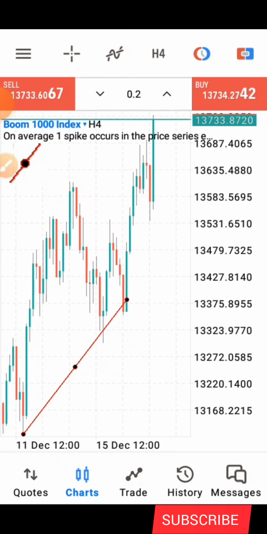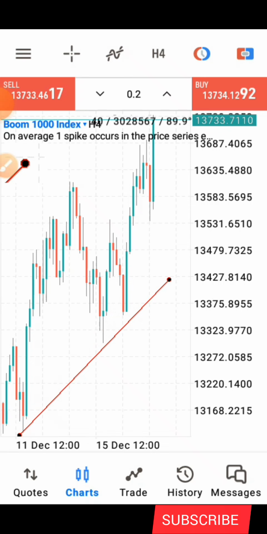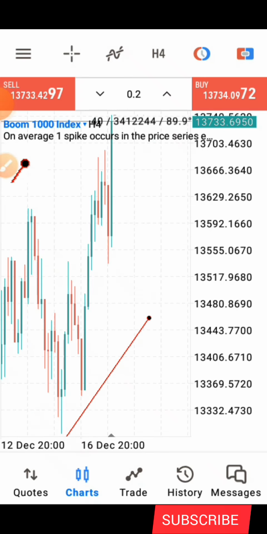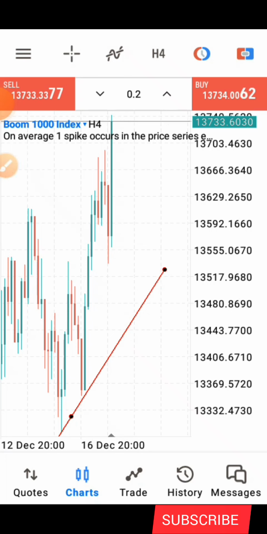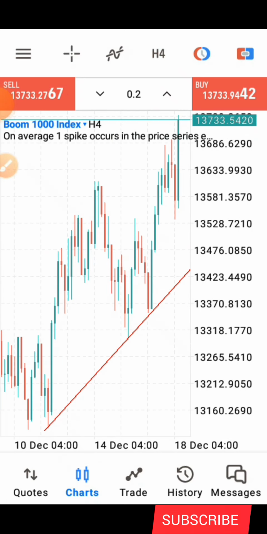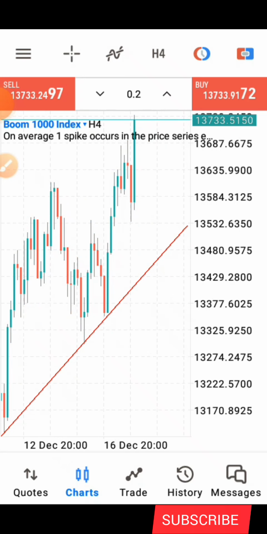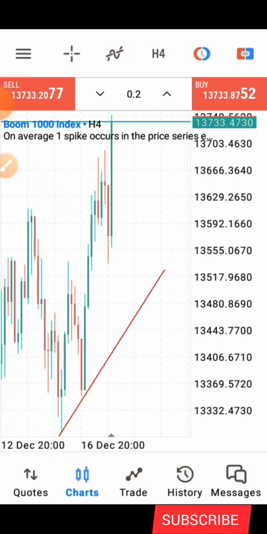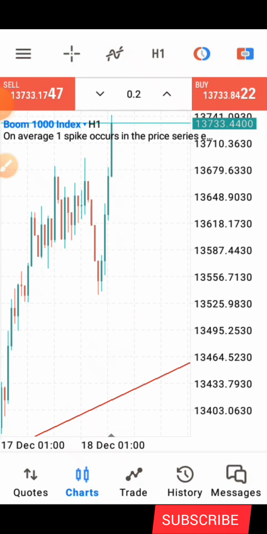Alright, so what I'm gonna do now is to look for an entry in order to catch spikes, right? So here now, identifying this, I can see that this is an uptrend, alright? As you can see, I'm using my mobile phone here, so that is to show you that you can do your analysis using your mobile phone also. So now, after identifying the trend right here on the 4-hour time frame, I'll step down to the 1-hour time